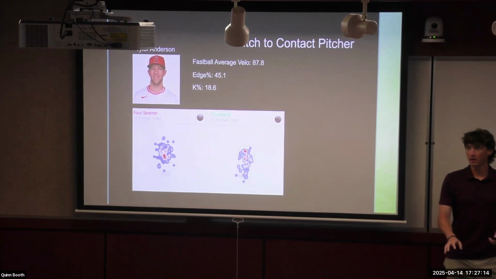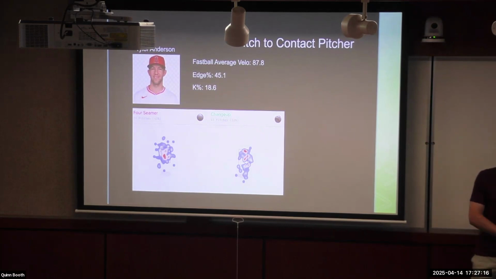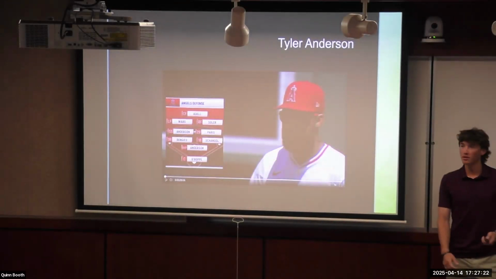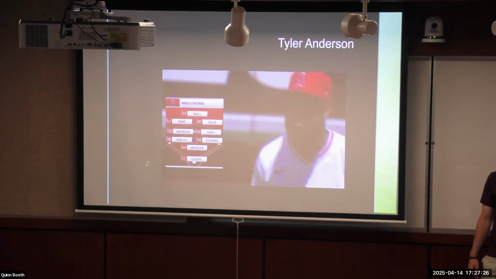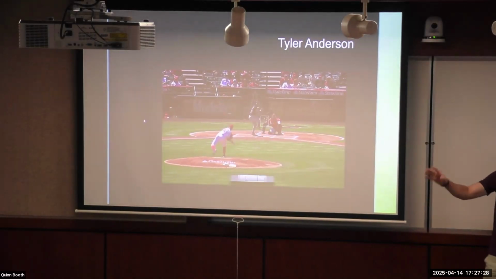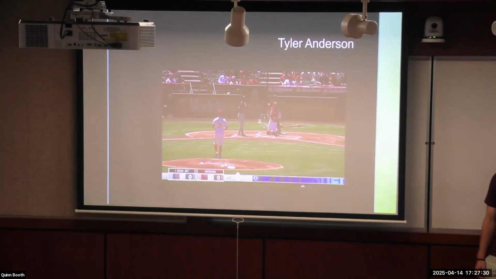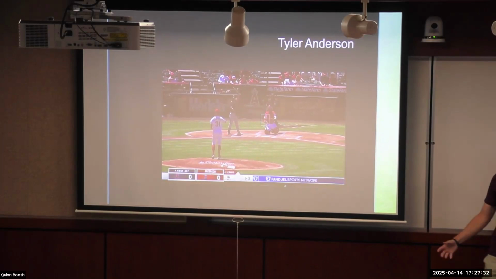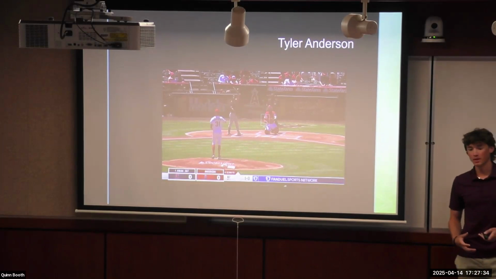His changeup's working down and in a lot, getting swings and misses, getting those ground balls, those weak contact pitches. I searched through a bunch of different videos trying to find the perfect pinpoint strikes, but I could never really get it. He's always missing up, down, in and around. That's kind of what I found. He is trying to work the edge of the strike zone a lot more than a guy like Hunter Greene.